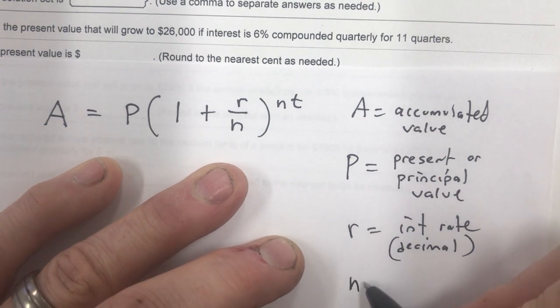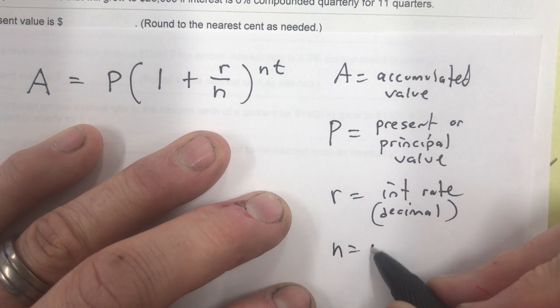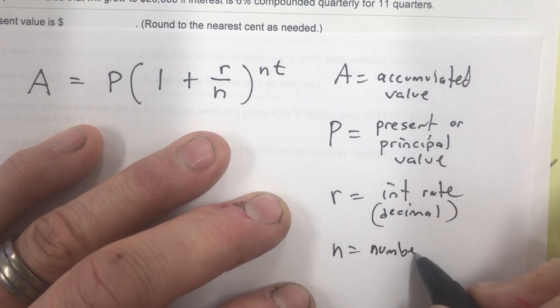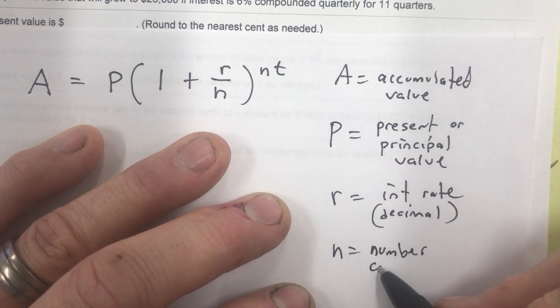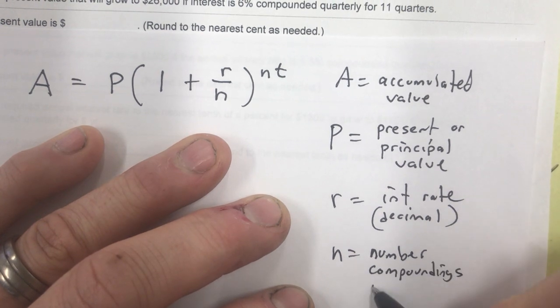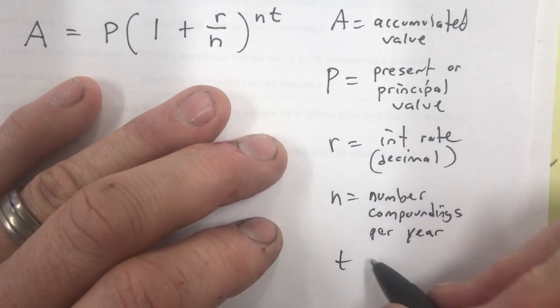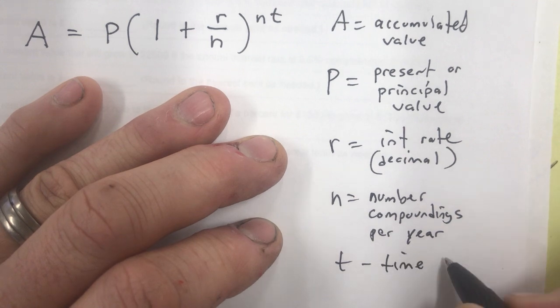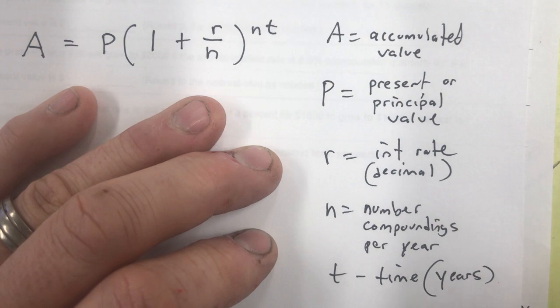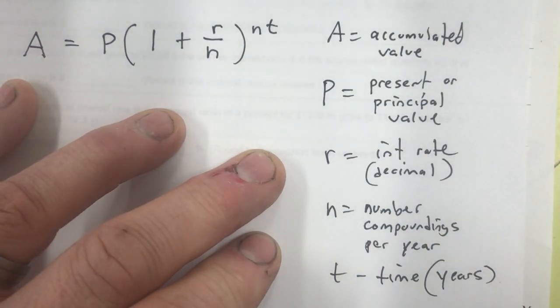And then we have N, the number of compoundings per year. And then T is time in years. So you might write these down, this equation here, or just take a picture of it with your phone if you want to,